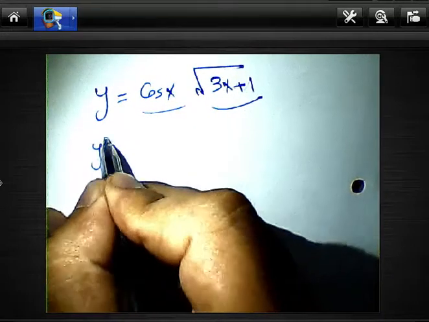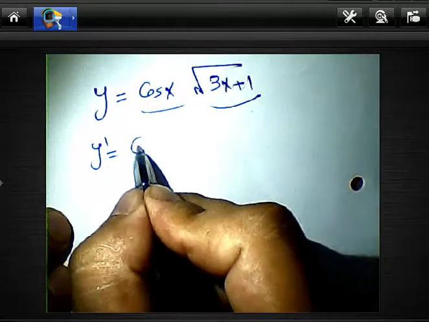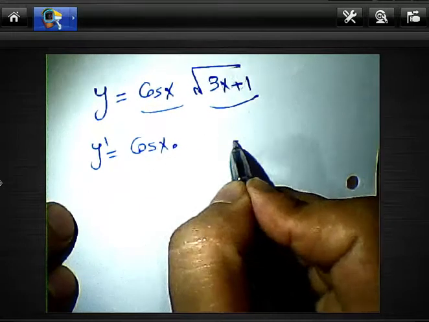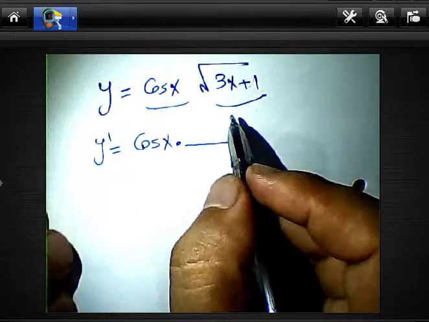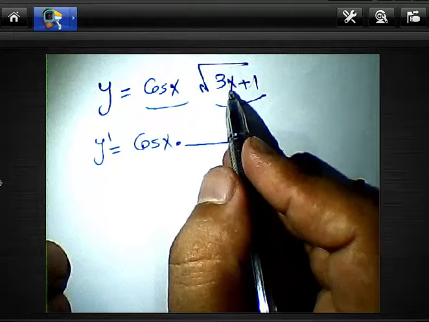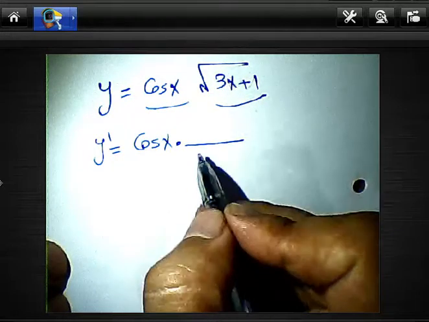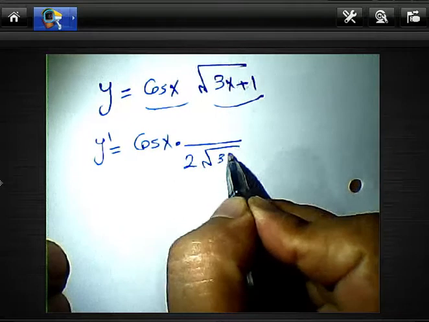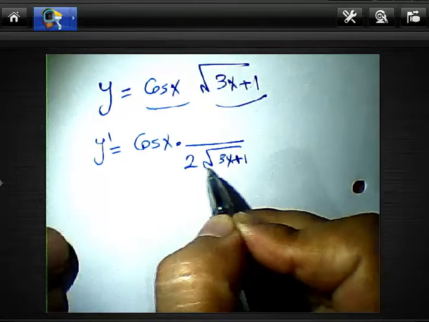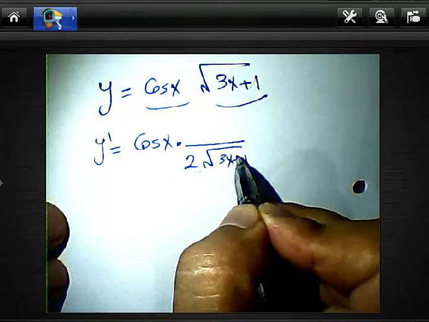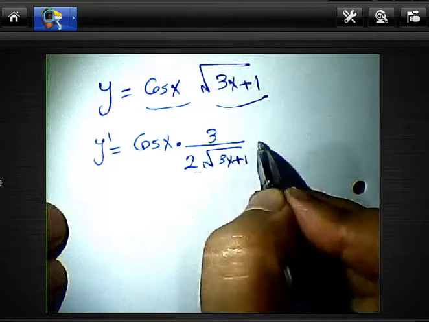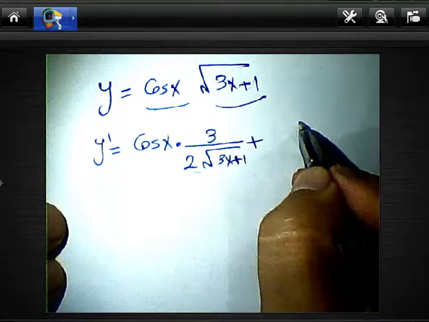The derivative will be, we write the first one, cosine x, multiplied by the derivative of the square root, which is 1 over 2 multiplied by the square root of this expression, multiplied by the derivative of this expression, which will be 3, plus the second